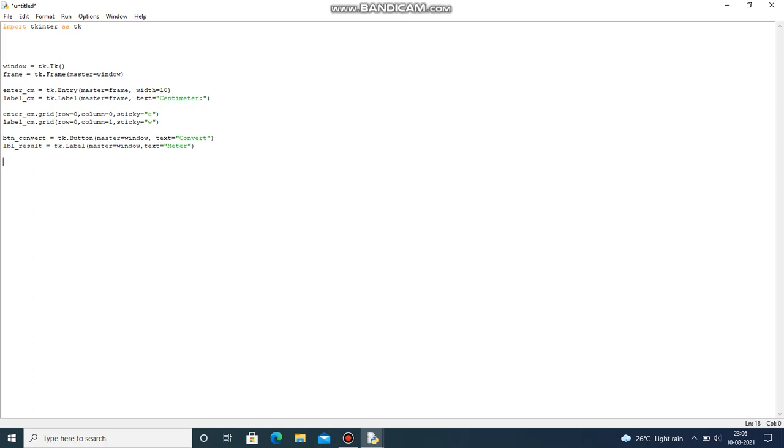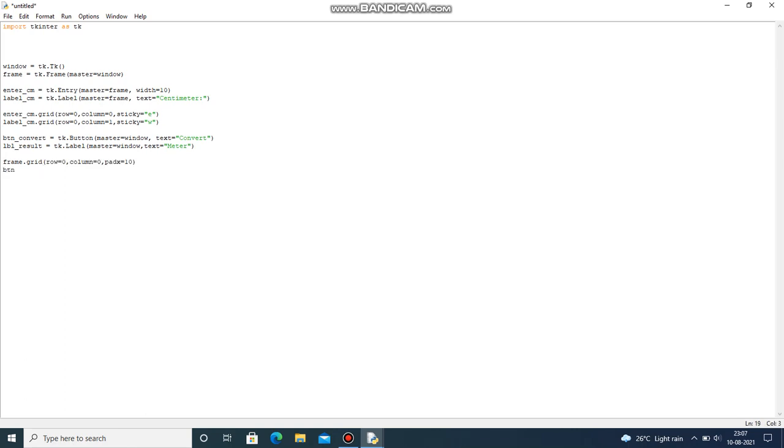Okay, so now let's grid them up. So here the first one was frame, and we didn't grid it up. So let's give frame.grid with row equal to 0, column equal to 0. Now let's give something called padx, because in the x direction it will be doing padding.